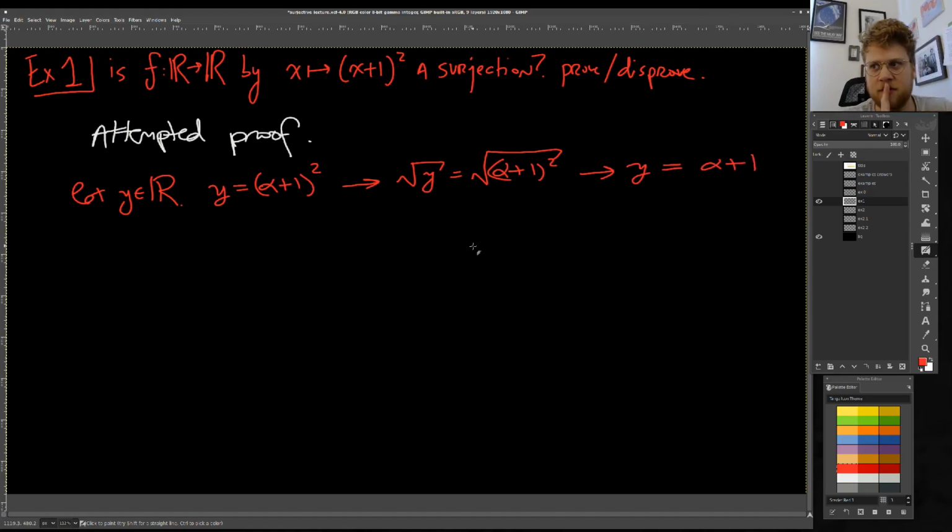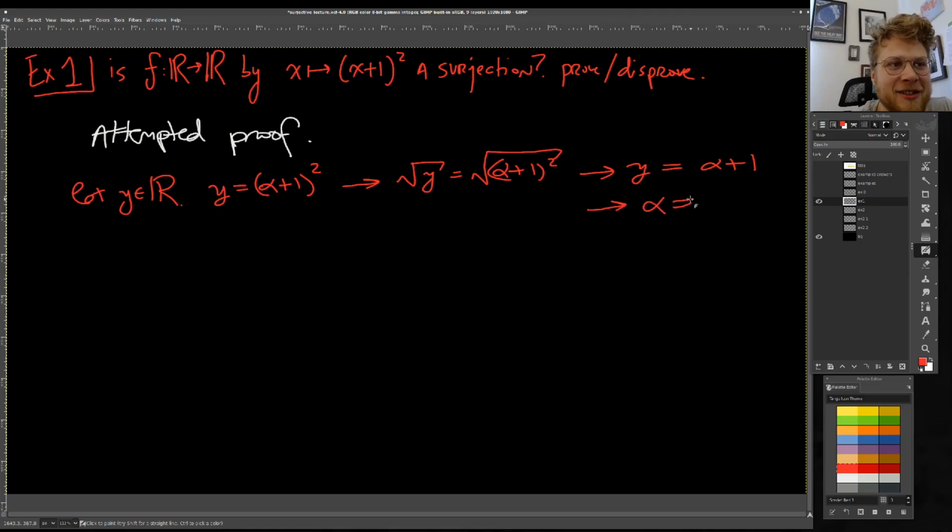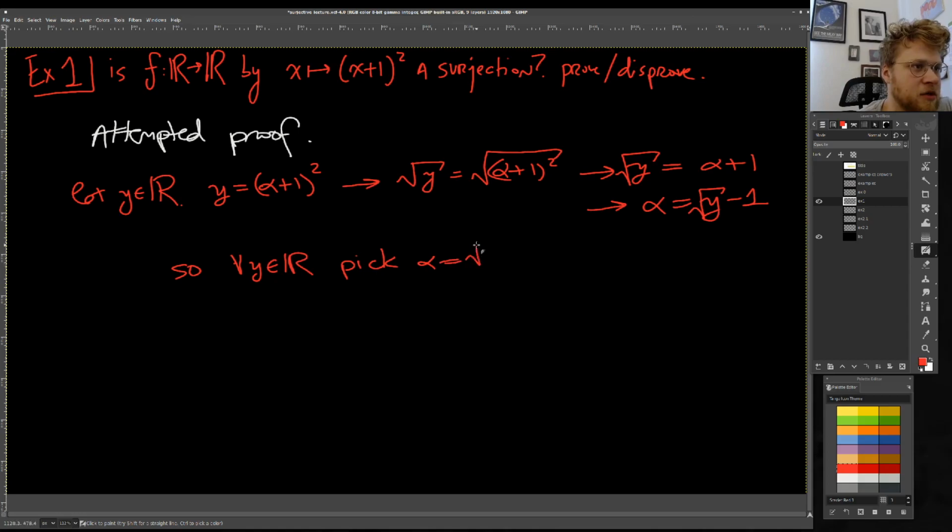alpha plus 1. Something wrong happened here, but we'll talk about it in a little bit. So then that would mean alpha equals, rearranging this equation, we can get alpha equals, sorry, this should be square root of y minus 1. So we go, oh, look, we found our alpha. So then you could say, for any arbitrary y in the codomain, pick alpha equals square root of y minus 1,